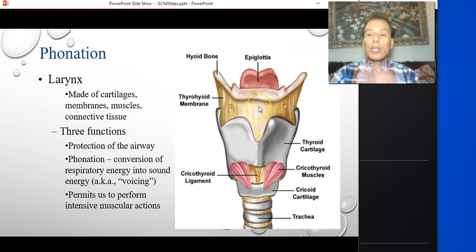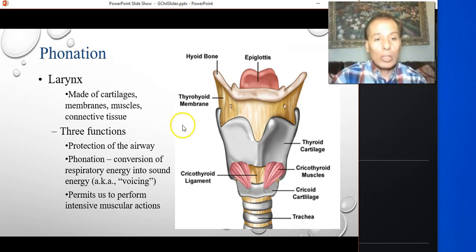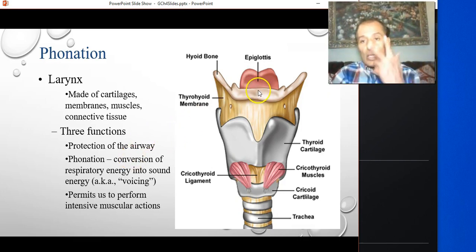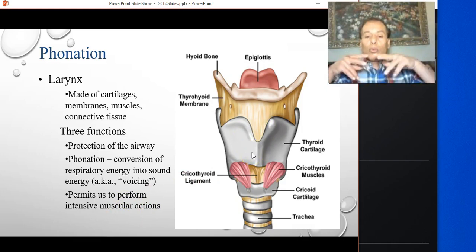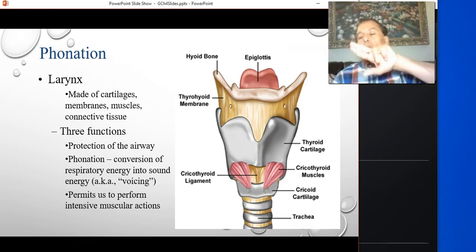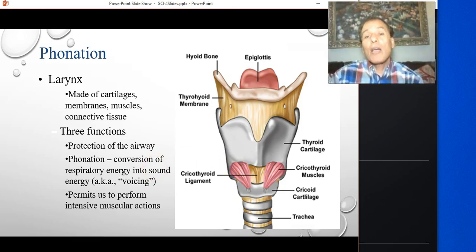So the larynx has three major functions. One is protection of the airway. You can think of it like it has the vocal folds: all the air that you breathe has to go through the larynx, between the vocal folds. All the air you exhale has to go between the vocal folds. So it protects the airway, serves as a valve, and also enables us to phonate, to make sounds, and to push and lift. In order to push and lift, you have to close your vocal folds tightly, hold your breath, and then you can lift. You can swim and dive by holding your vocal folds together and shutting the airway.